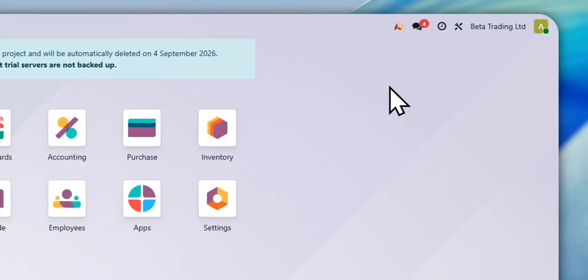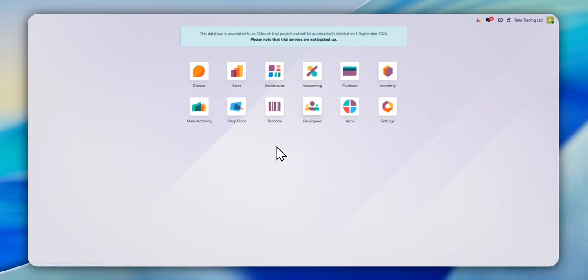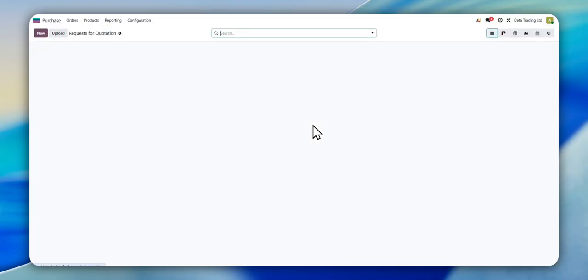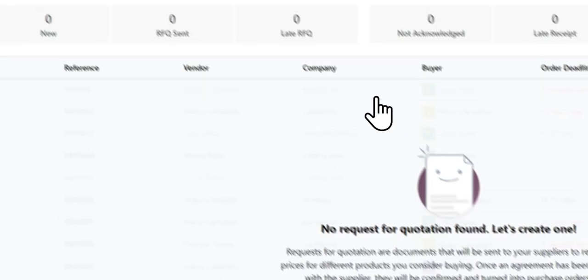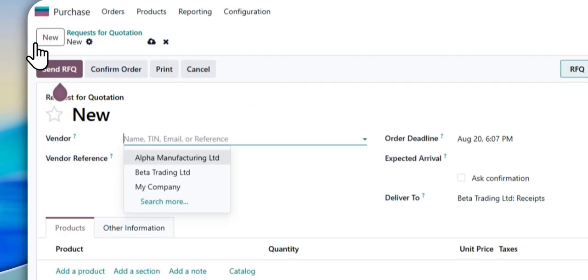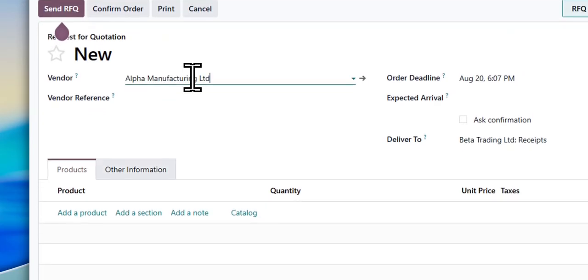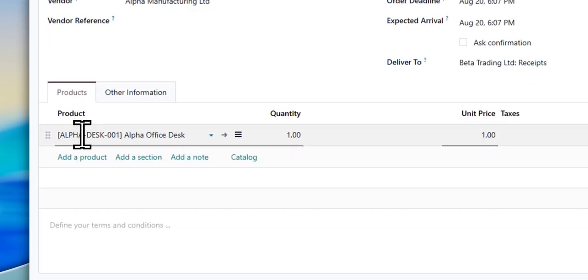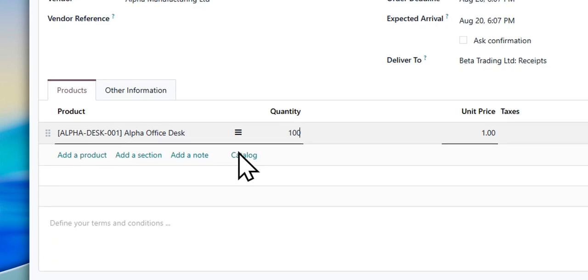Now we just create a purchase order in our Beta company and see whether the Alpha Manufacturing sales order is created automatically or not. So we create a purchase order. Let's say we acquire some goods from Alpha, that is Alpha office desk.